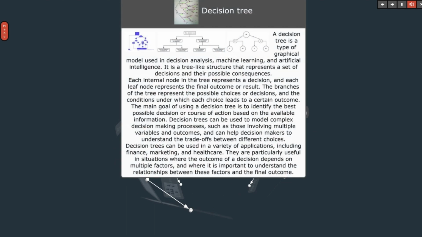Decision tree. A decision tree is a type of graphical model used in decision analysis, machine learning, and artificial intelligence. It is a tree-like structure that represents a set of decisions and their possible consequences. Each internal node in the tree represents a decision, and each leaf node represents the final outcome or result. The branches of the tree represent the possible choices or decisions, and the conditions under which each choice leads to